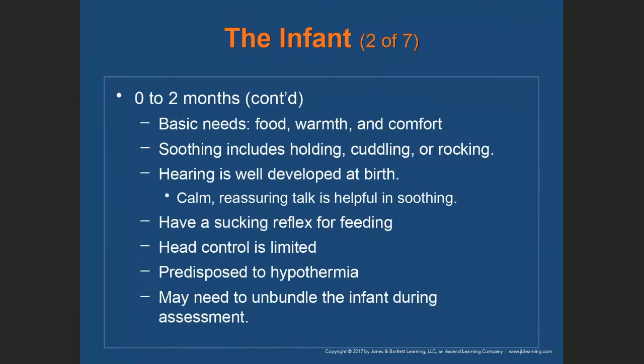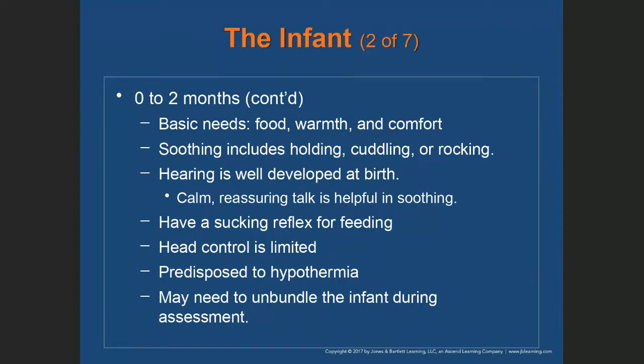Right, and I'm back. 0 to 2 months, basic needs, food, warmth, and comfort. Soothing includes holding, cuddling, or rocking. Hearing is well developed at birth. Calm, reassuring talk is helpful and helps to soothe the infant. They have a sucking reflex for feeding. Head control is limited. They are predisposed to hypothermia, so they lose body heat quickly. You may need to unbundle the infant